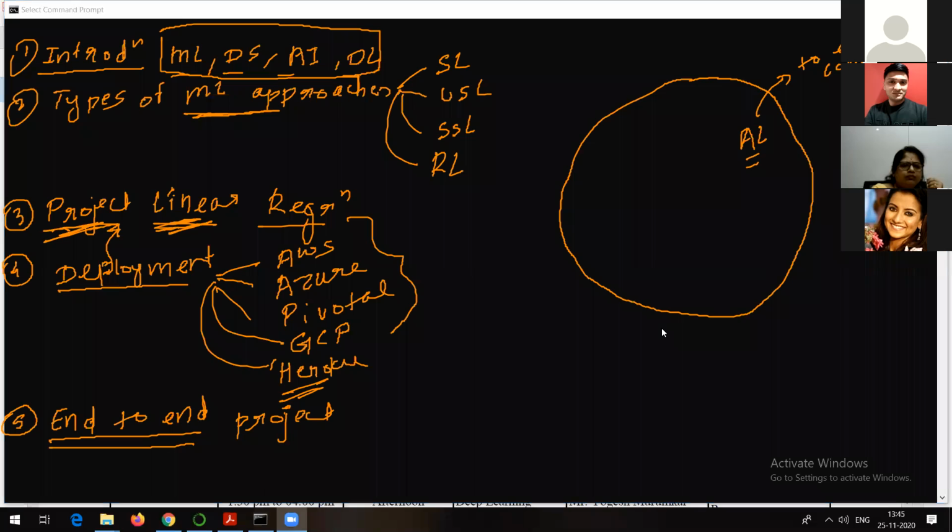And as I told you, AI is the bigger umbrella. Whether it's machine learning or deep learning, all those things are going to come under AI, right? So to enable computers to think like humans, that's what artificial intelligence is in simple words. Now talking about this particular term, machine learning. What is machine learning? Machine learning is going to come here. Again, I will tell you where people have some differences in the definitions or concepts of all this.